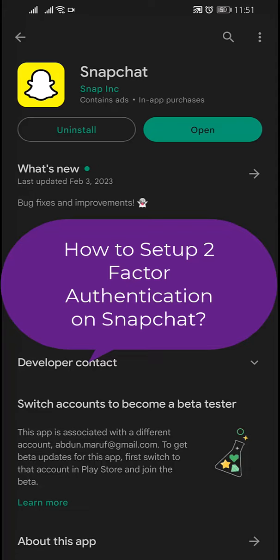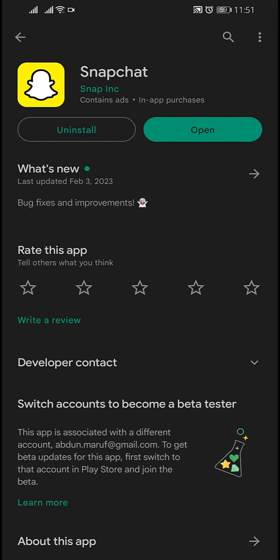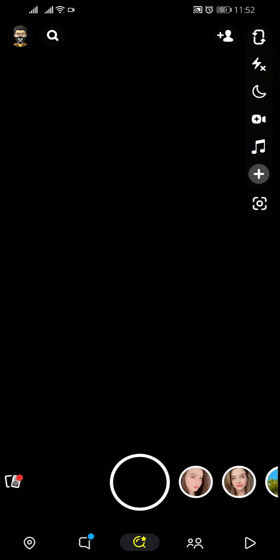Hey everyone, in this video I am going to show you how to set up two-factor authentication with SMS on Snapchat. Two-factor authentication adds a second login step in addition to your Snapchat username and password. When two-factor authentication is turned on and you log in on a new device, you will be asked to enter a login code. To set up two-factor authentication with SMS, open the Snapchat app,